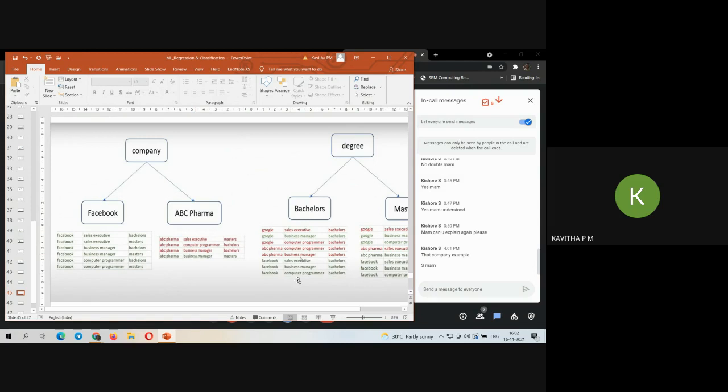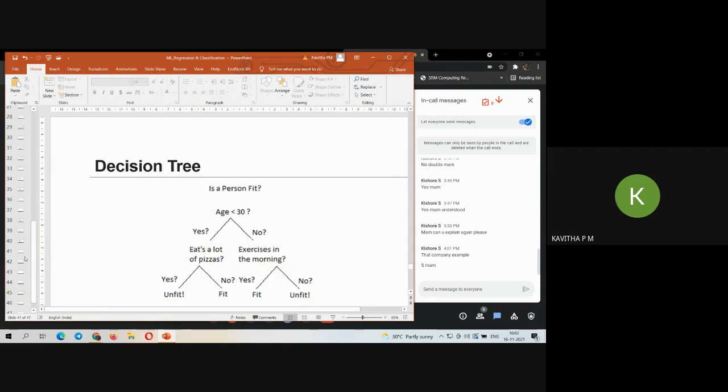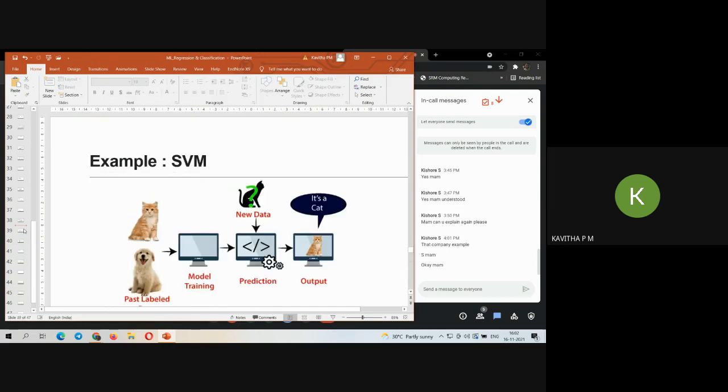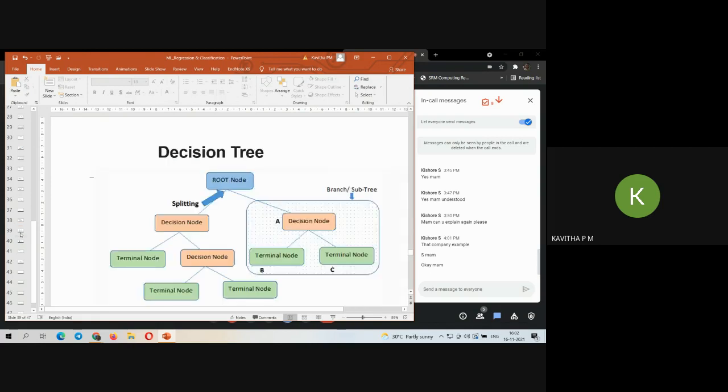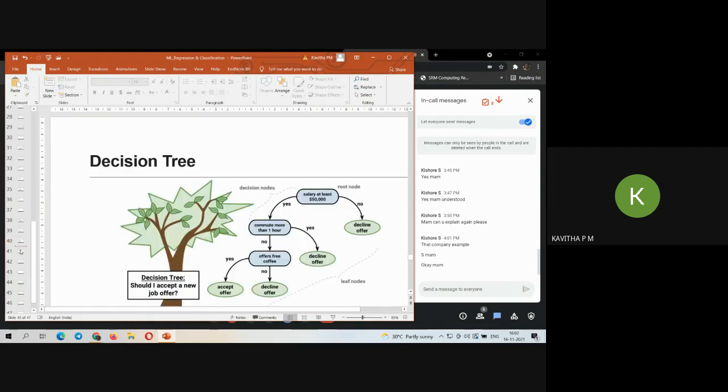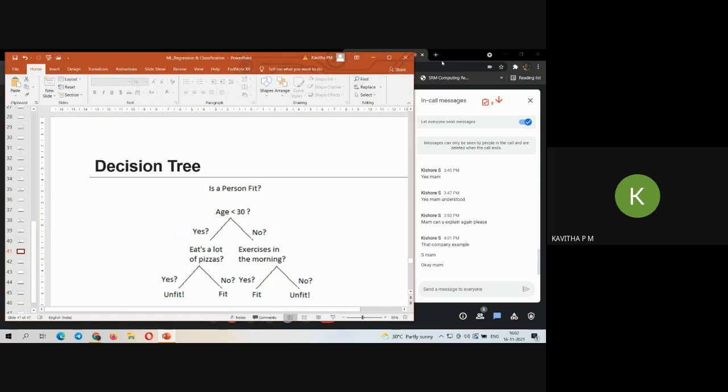Yes, fine. So I'll do one thing, guys. I'll explain the decision tree again in tomorrow's session. I'll start explaining the decision tree from the beginning. I guess you have some doubts in decision tree, so I'll start explaining it to you from the beginning in tomorrow's session. Okay.